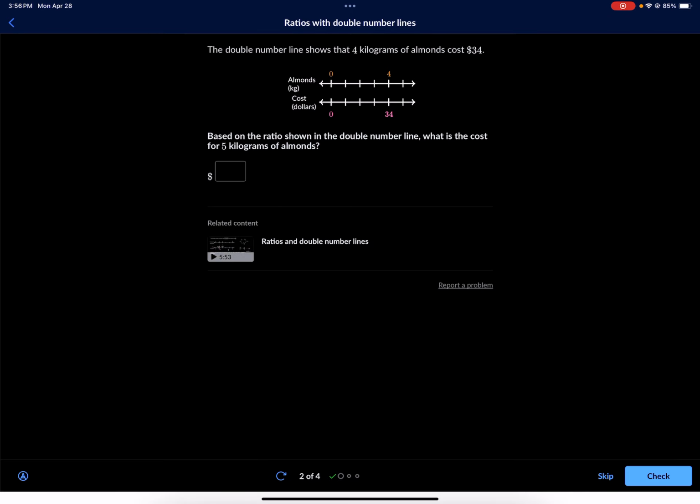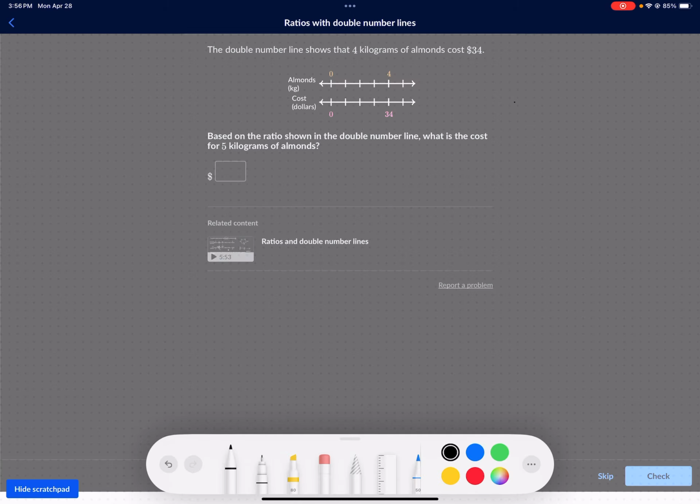Okay, the double number line shows that 4 kilograms of almonds cost $34. Based on the ratio shown in the number line, what is the cost for 5 kilograms of almonds? So we have 34 over 4. What is that going to give us? So it will give us a decimal, unfortunately. So we do 17 over 2 first, and then we get